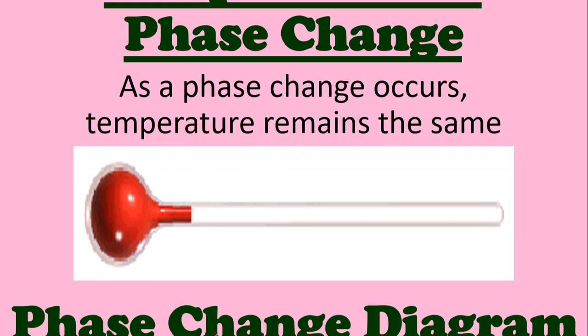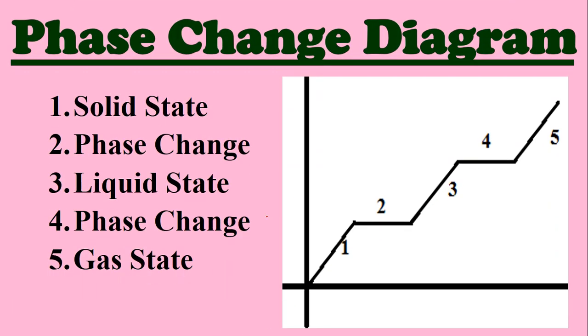to remain the same. So we have a phase change diagram or phase change graph. So we're going to start at point 1 right here, and the object is in its solid state. And then at point 2, you're going to have a phase change. Since we're going forward in time here, and temp is on the y-axis, at point 2, as time goes on, temperature is going to remain constant, and so we're going to have melting happen